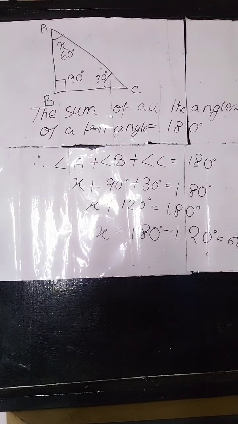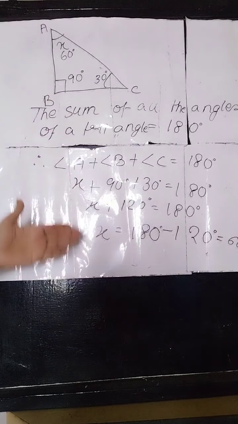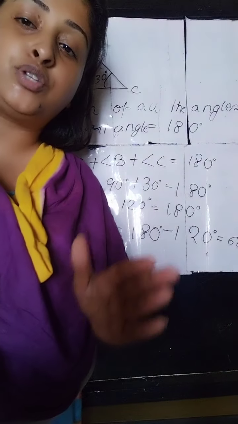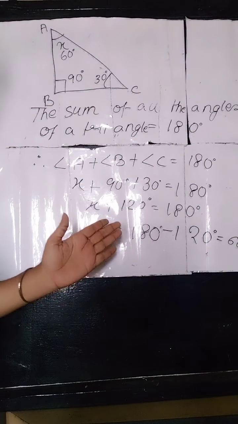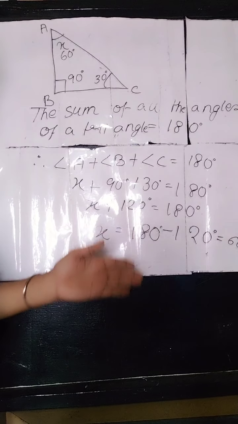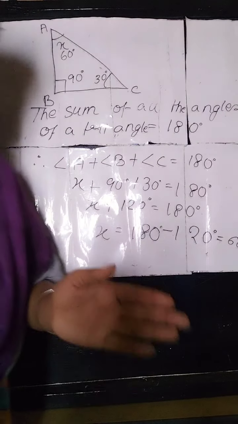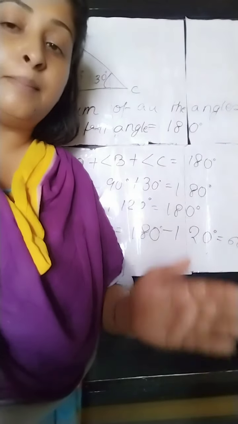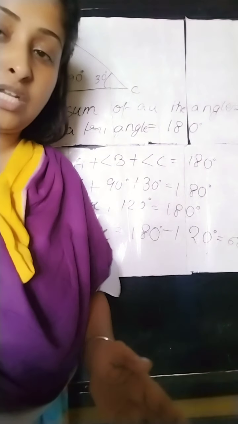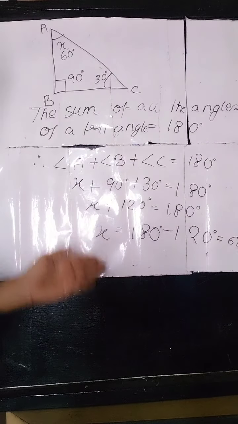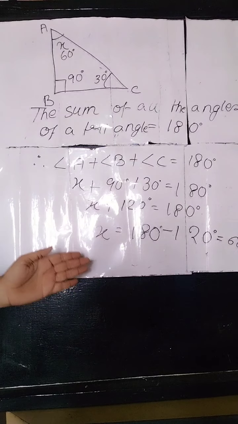These are the sums. In this way you are going to solve for the value of the missing angles. One sum is definitely going to come like this. Finding the value of the missing angle is for sure coming in the first unit test. So whatever videos I am providing, please follow those videos to find out the value of the missing angles. Geometry, this type of sums are very important for your first unit test exam.